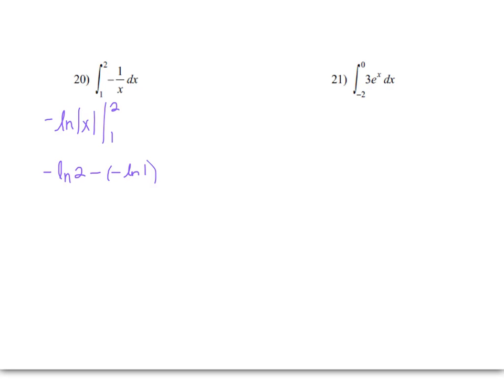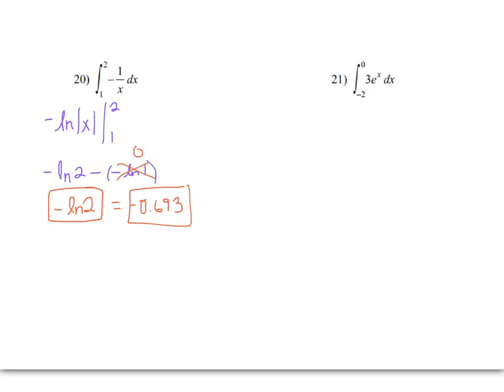But what's important to know on this one is the natural log of 1 is something really cool. It's 0. And so that's 0, which means my answer to this without my calculator is just negative natural log of 2. The natural log of 1 will always be 0. That is one of those things that will never change. So this is negative 0.693